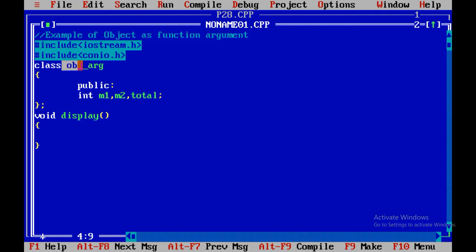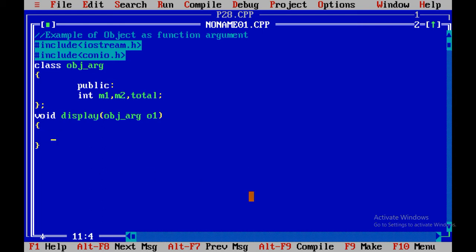So first of all, what is the name of the class? Obj arg. That name of class I need to pass over here, and then I have passed object name o1. So which type of UDF is this? This is without return and with argument. So this is with argument without return value.